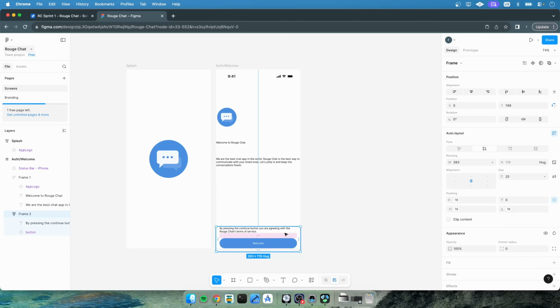Okay, maybe actually we can just remove this one, or maybe just give 16 padding to both of them. So I'm gonna extend this frame and center these items. Gap is again 16,